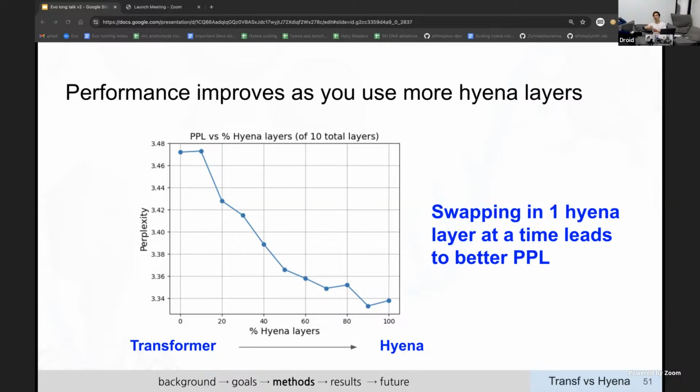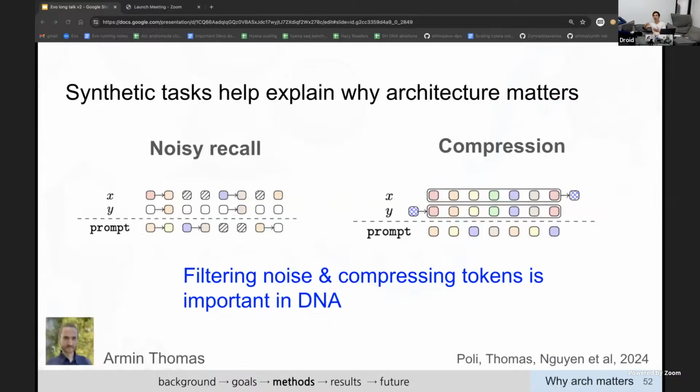So we have the set of experiments where we start with a transformer model, and then we gradually replace its layers with Hyena until you get to a full Hyena layer from left to right. And what we see here is that as we do this swapping of layers, the perplexity is dropping all the way down to basically 90%, and that's one reason why we chose to keep a little bit of attention. But the trend is observed even as you just swap out one layer at a time. You can see this clear trend in improvement. And obviously, a natural question is still, why is that the case?